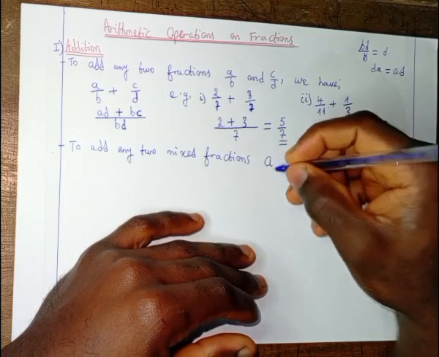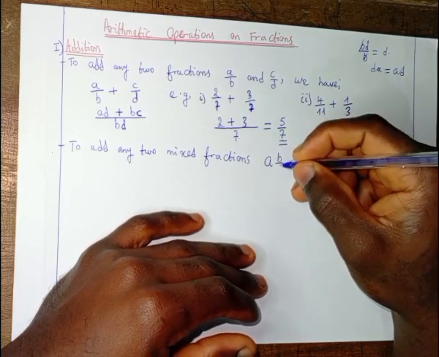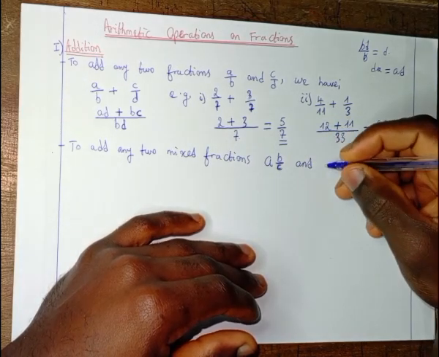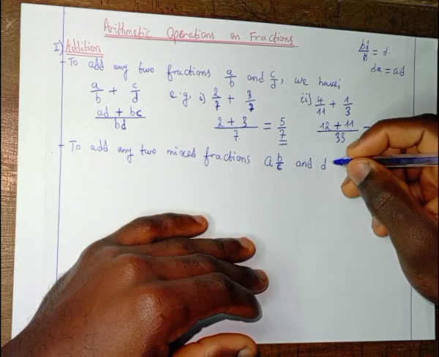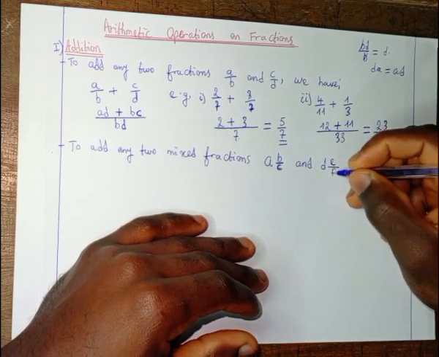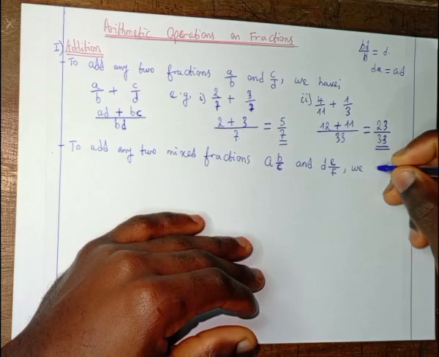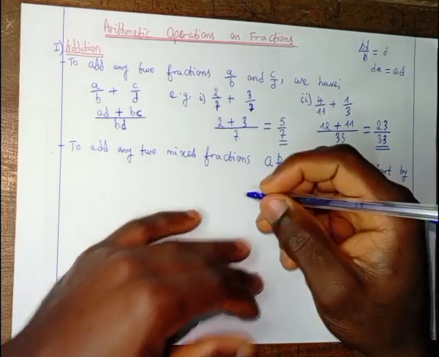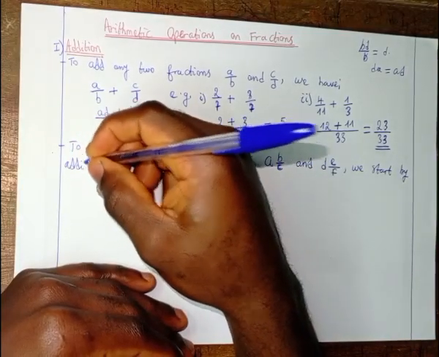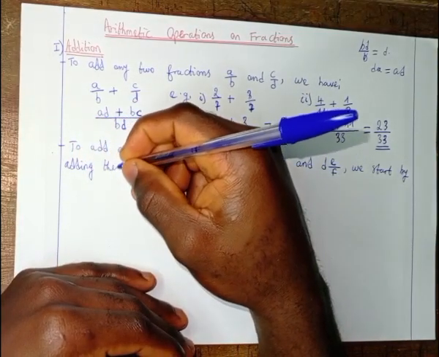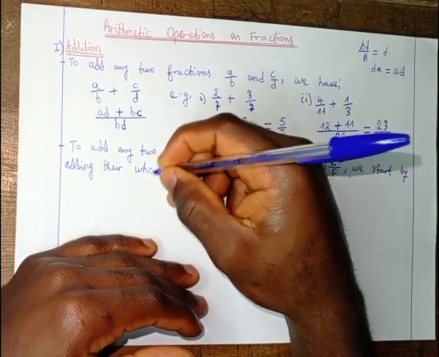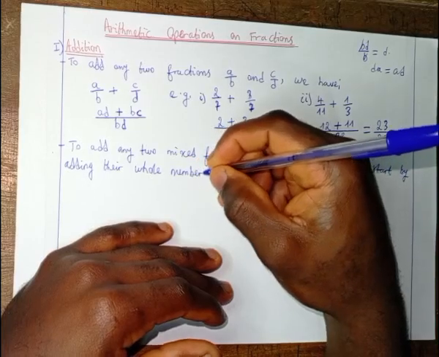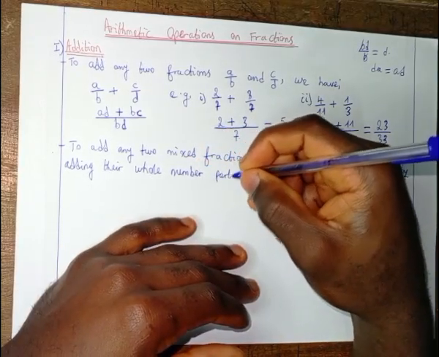So mixed fractions a and b over c and the mixed fraction d and e over f, we start by adding the whole number parts